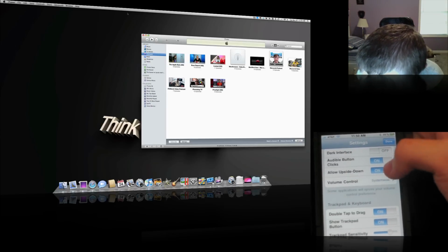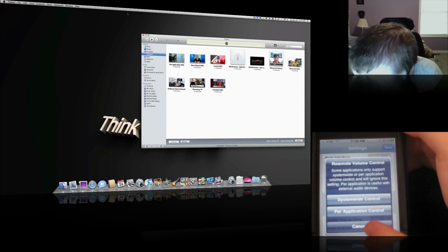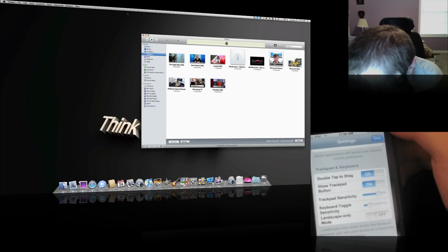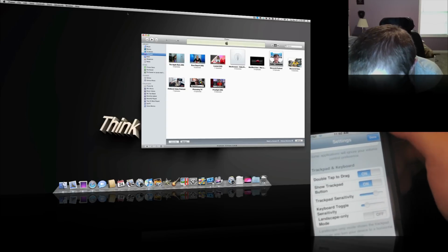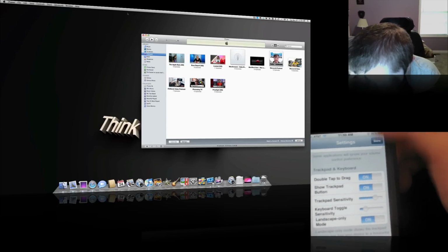Oops. Kind of hard doing this sideways. You can change it to system-wide control and per application control. You can disable tap to drag. You can adjust the trackpad sensitivity, how easy it is to launch the keyboard, landscape mode, which is kind of neat to where now